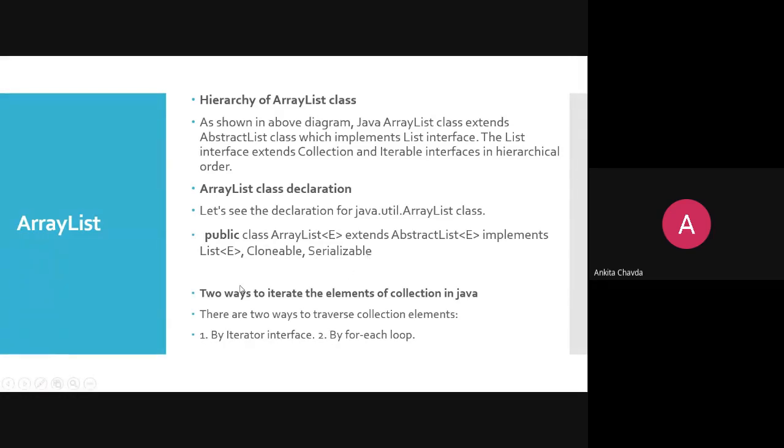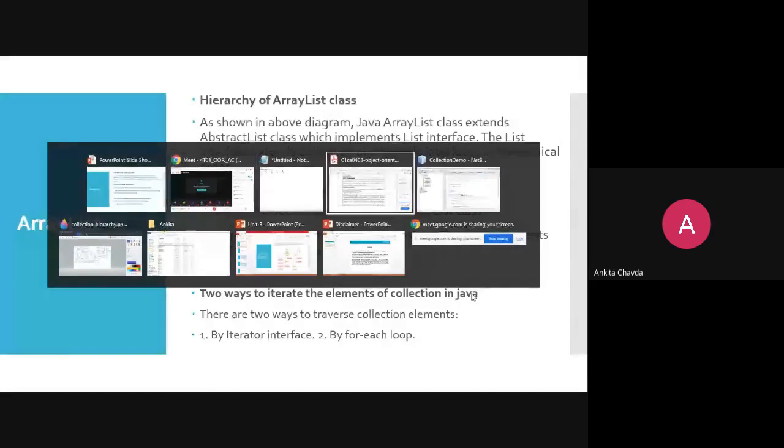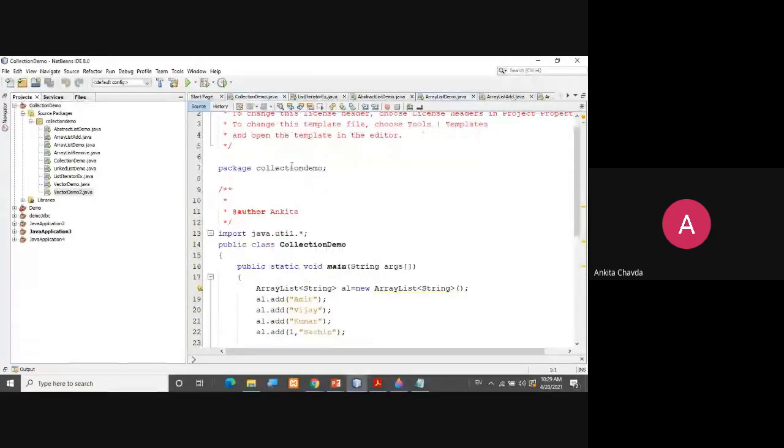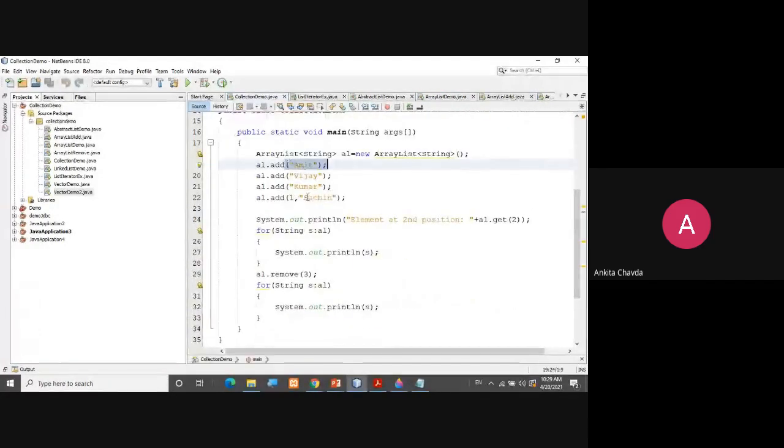So skip it. Two ways to iterate the elements in a collection. First, I have shown you the example. If you remember, I'll show you this again. The first program of this collection, where you can add these elements, Amit, Vijay, Kumar, and at the first index, Sachin is there, right? Then we wanted to know who is on the second index, second position. For that, you just need the get method, which will return the object,